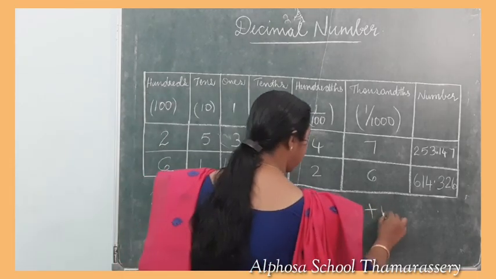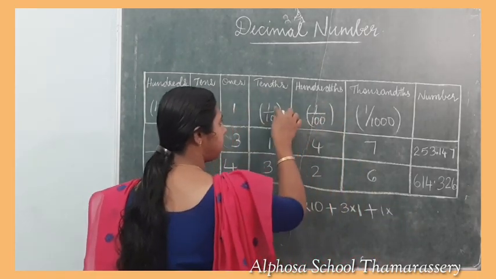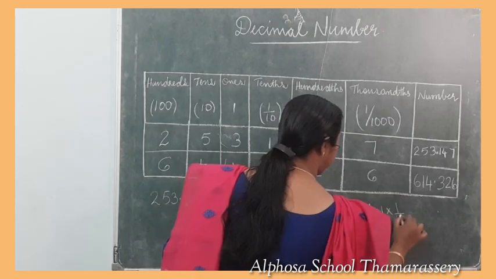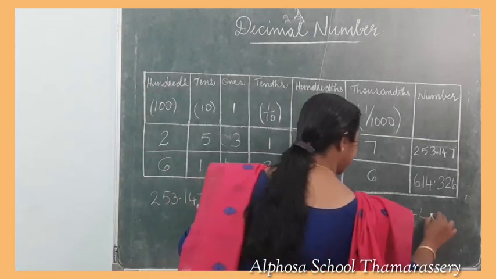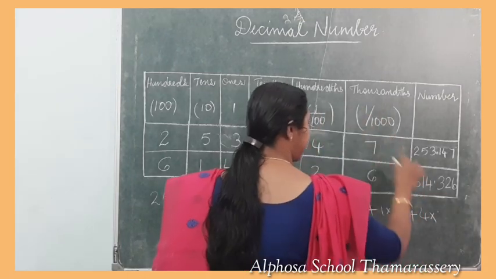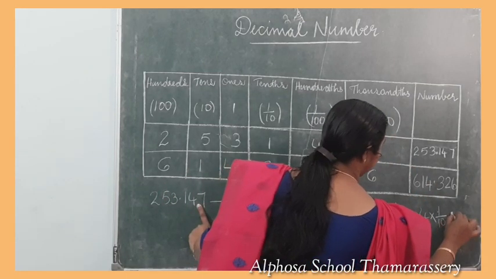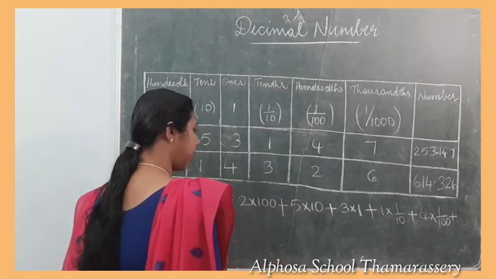So 1 into 1 by 10 plus hundredths place, so 4 into 1 by 100 plus 7 into